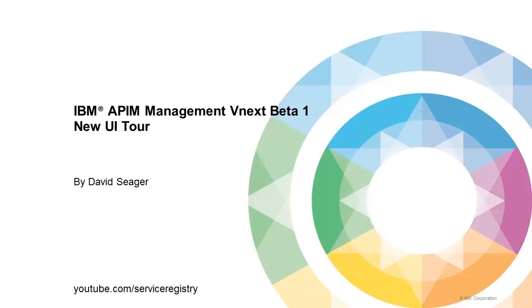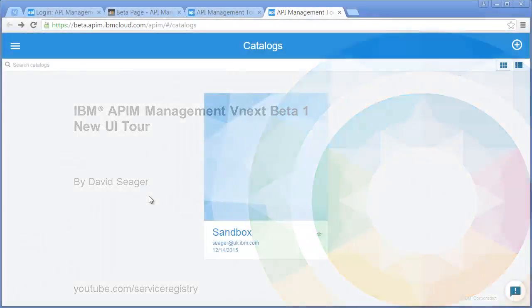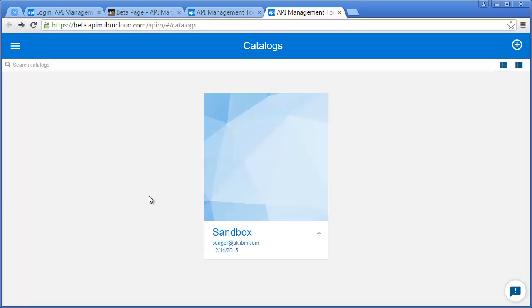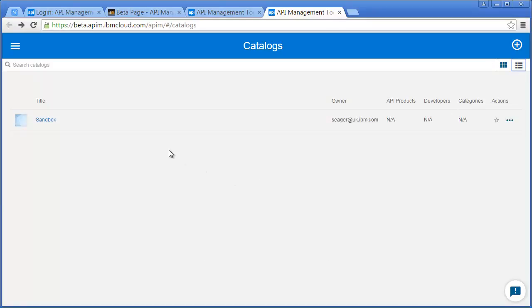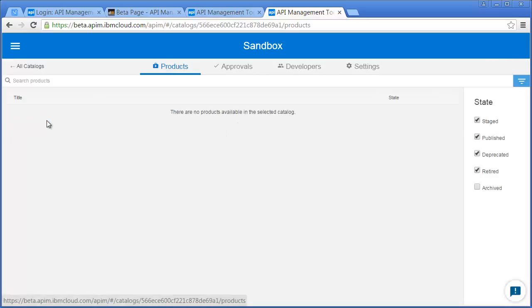So this is the new IBM API Management vNext Beta user interface. We start off in the catalogs view, and we can switch between kind of a column table view or a big icon view. A catalog is roughly equivalent to an environment in API Management version 4. So if we look in our Sandbox Catalog we've started off with,